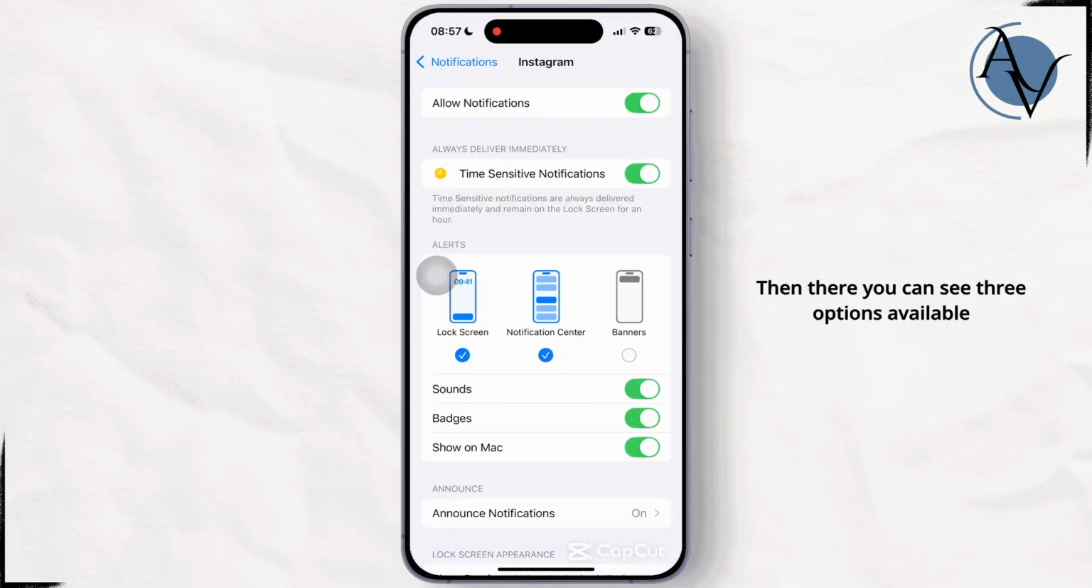Then there you can see three options available as to how your notification will pop up. If you do not want your notification to pop up as a badge, or in the notification center, or on the lock screen, then you can choose according to your preferences. You can simply keep it in your notification center, which will not pop up your notification in your Instagram, but